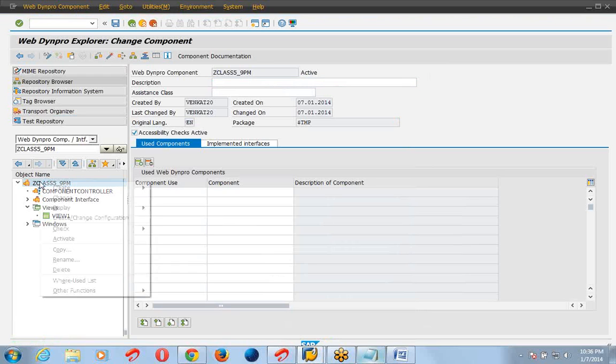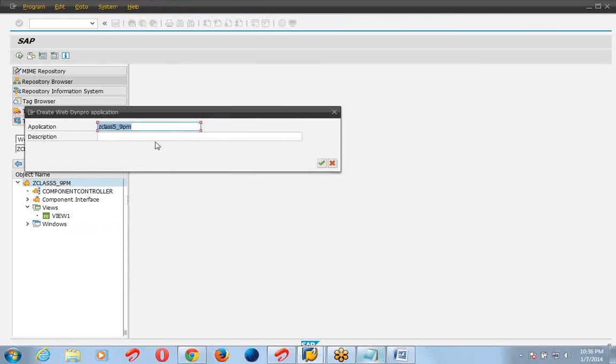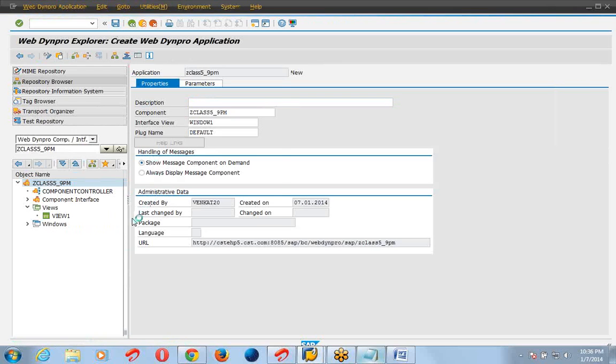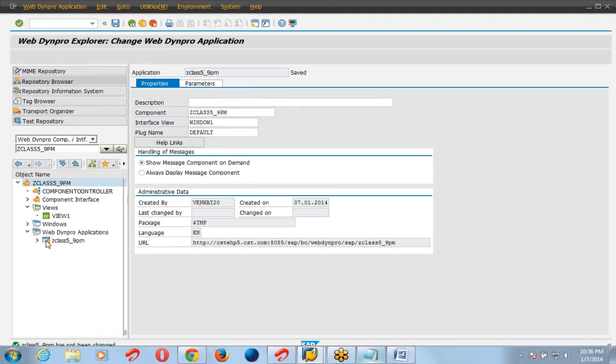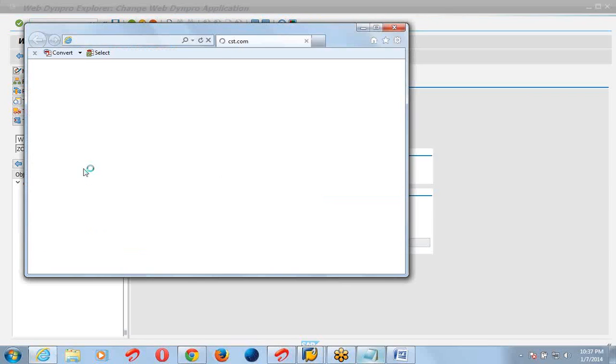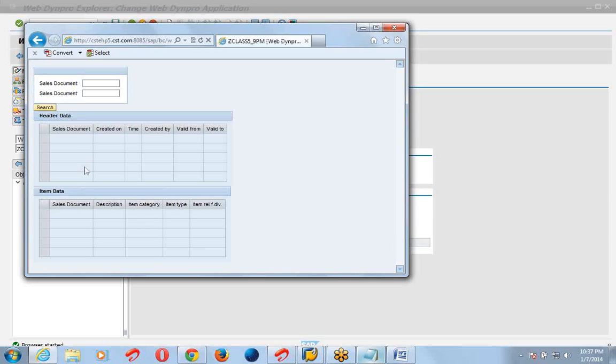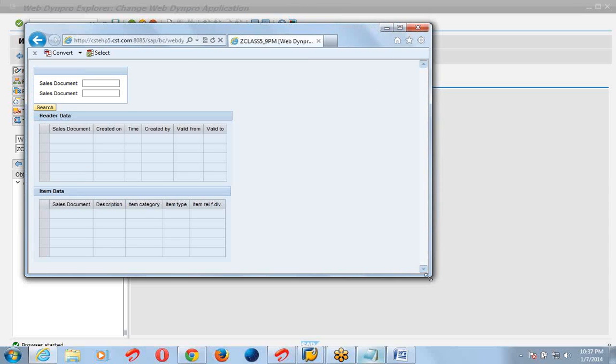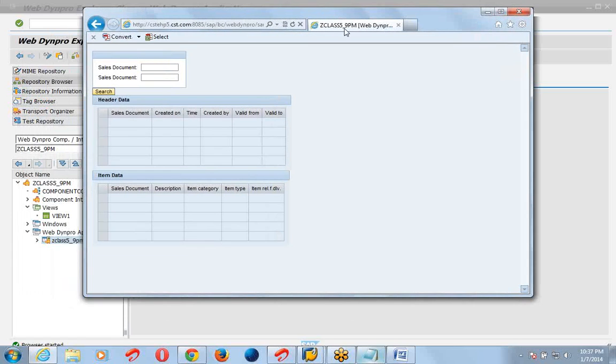Now create application. I will enter the value here.